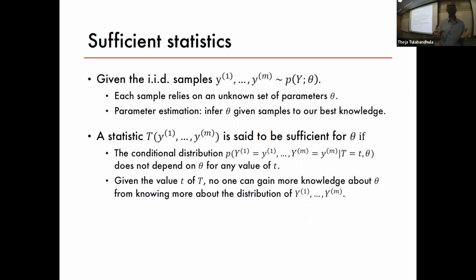some of these statistics are sufficient statistics. If you have the sufficient statistic, some function of the data, then the original data or any other data is not useful for estimating theta. Just the sufficient statistic is enough. It's sufficient since it's in the name. Just that function of the data is enough. The original data is also not useful anymore.